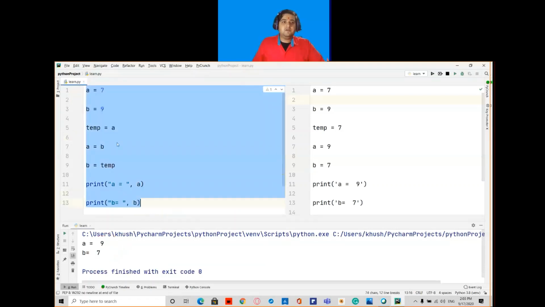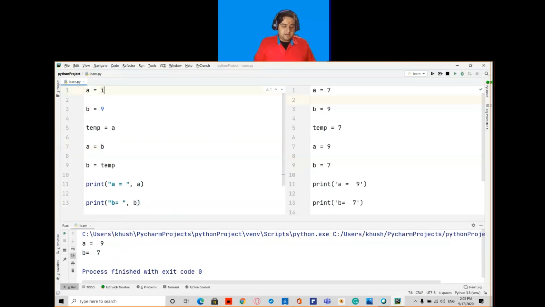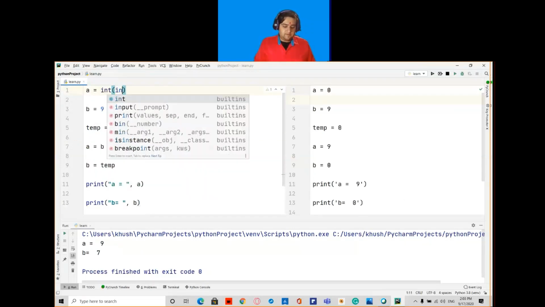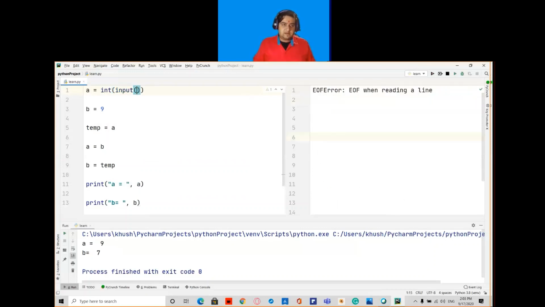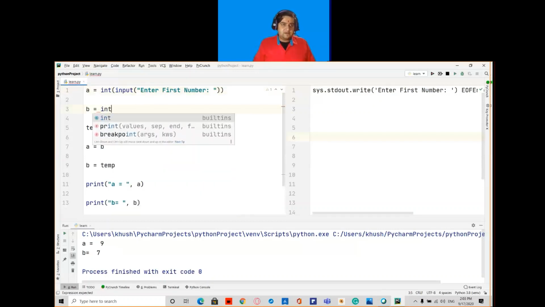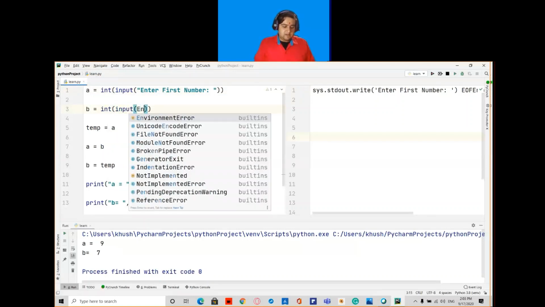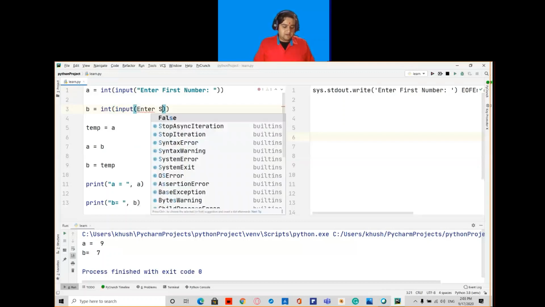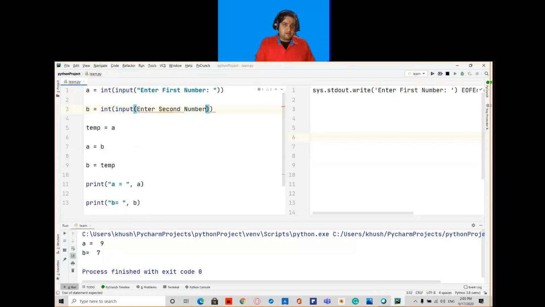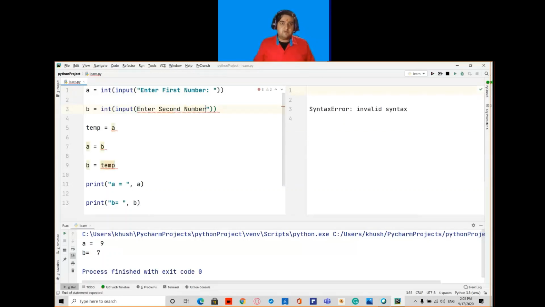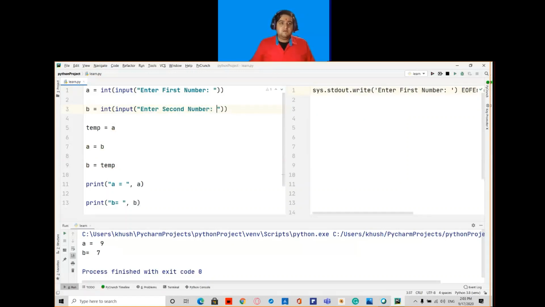Now for user input, I just have to write int input, and in brackets I will write enter first number, and for B I have to write int input enter second number, of course in double inverted commas, and colon. So now if I run this program,